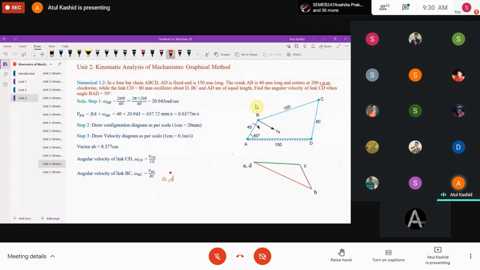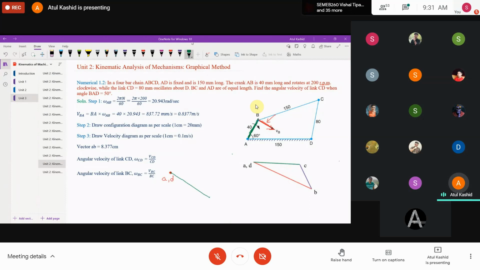We have to draw the velocity direction for the link AB, right? So this will be like this, because as I told you, the velocity will be perpendicular to the link. We have a link AB and this will be perpendicular to the link. So you can see the red direction, it shows the velocity for the link AB. Now here, I know the direction and I have to take the same direction in the velocity diagram. Now, just look at this and draw the direction which is parallel to that in the configuration diagram. So I will go like this.